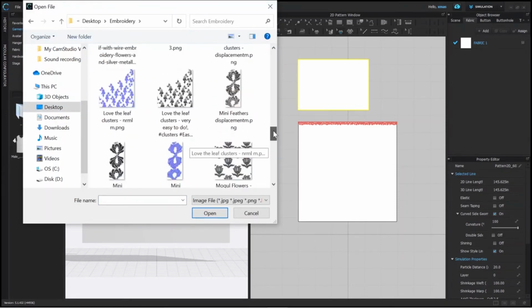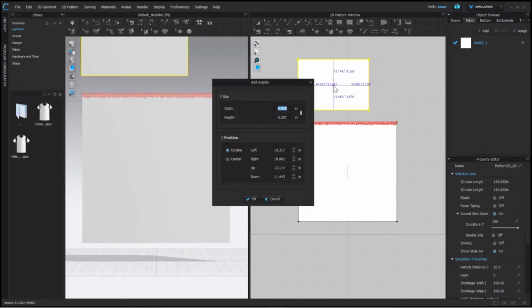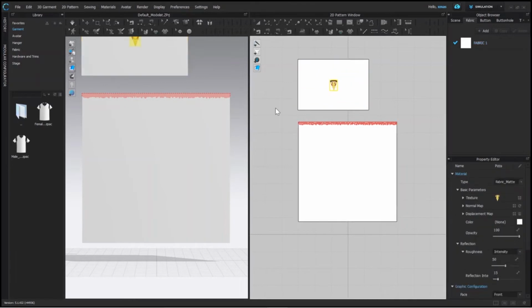Here we are. You already know what will happen after opening the image. We can define its size and position from here, but for now, I will place it as it is. If we feel it small in size like we are feeling now, so we will adjust it accordingly.